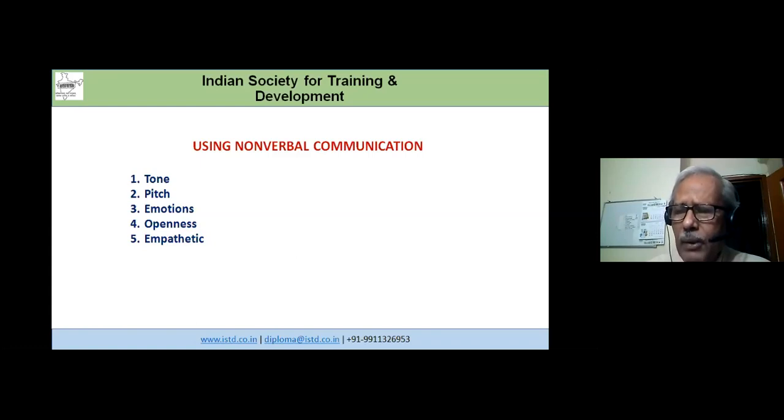Trainers should be able to extend the emotions to the people. If I talk of something continuously in the same manner, the same tone, the same pitch, the emotions are not created. The emotions are created by changing the tone and changing the pitch, and certainly making them understand that this is something which is very important. This is something which is going to be relevant to their life. Show that emotion by talk, by tone, by pitch.